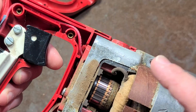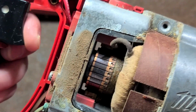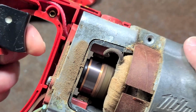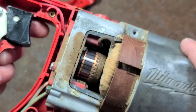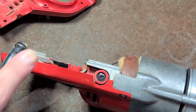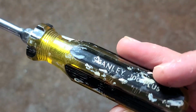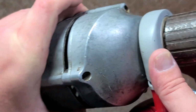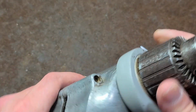But something that's running well and doesn't have a burned out motor, this is exactly what it's going to look like. Especially on a Milwaukee, it's just going to be a bit of a tickle of sparks right under the brush. And yes, for consistency's sake, I'm using an old school Stanley 100 Plus series screwdriver. Proper forged screwdriver for this tool. And we'll take a look at the